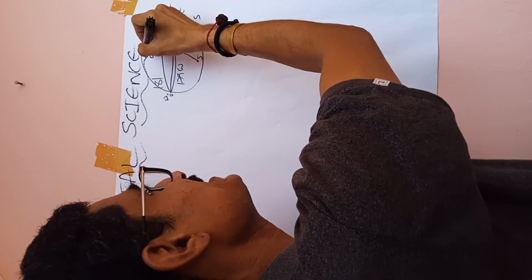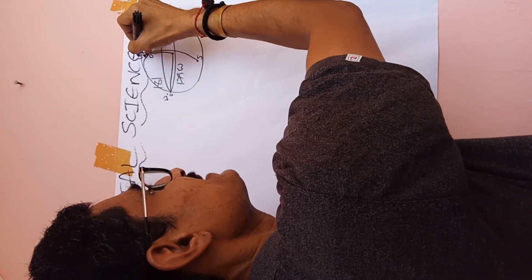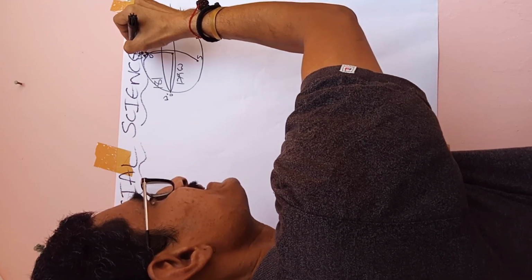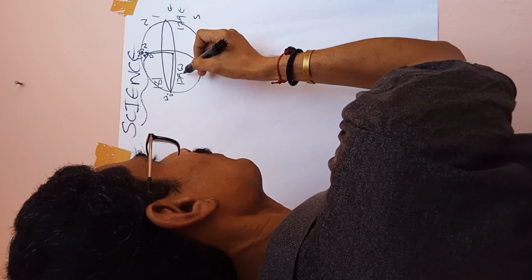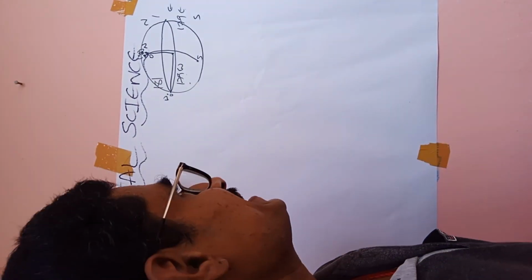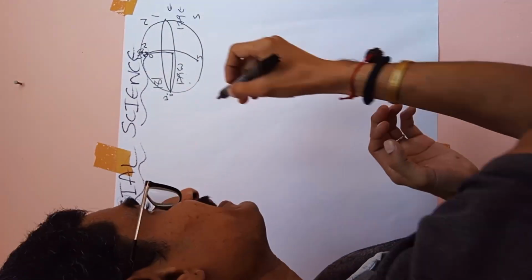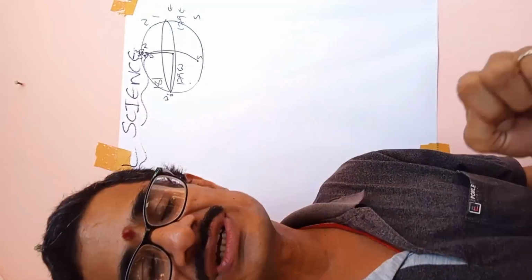This is 0 degree longitude, and opposite to 0 degree is 180 degrees. So this is 179 eastern, 179 western, total 358, plus 0 degree, 359, and opposite to 0 degree, the 180 degree longitude, is there. That is called the